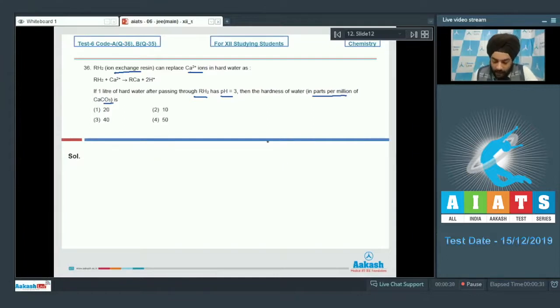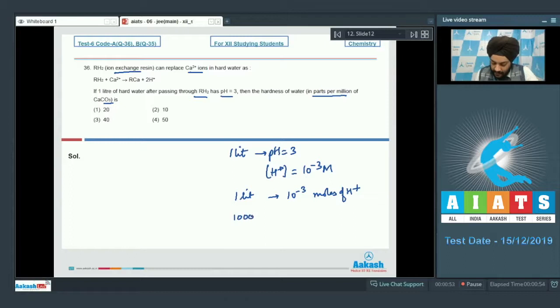So students, if we talk about this 1 liter of hard water, it is given to us that it has pH equal to 3. So this must mean that the H plus ion concentration should be equal to 10 to the power minus 3 molar. So 1 liter contains 10 to the power minus 3 moles of H plus. So if we talk about 1000 liter or 10 to the power 6 ml, we are going to have 1 mole